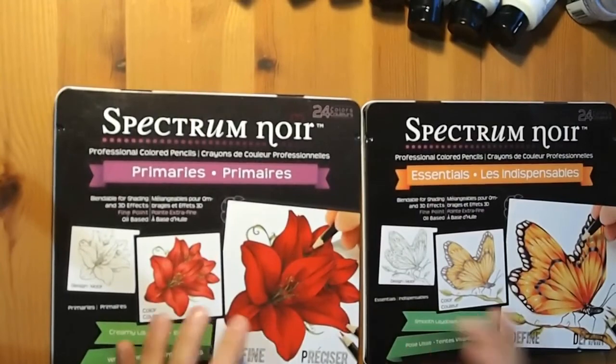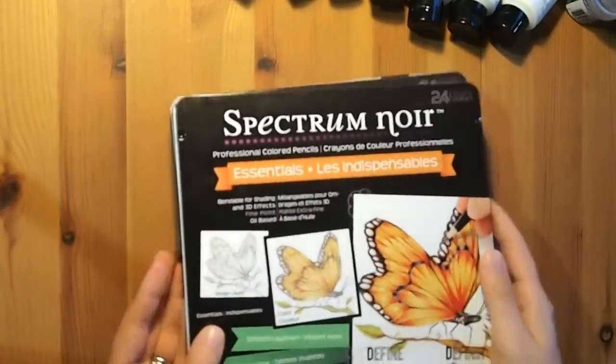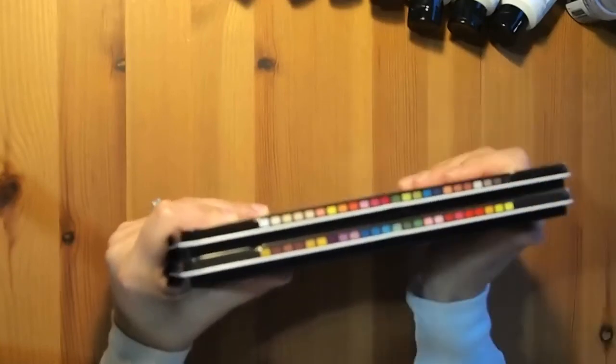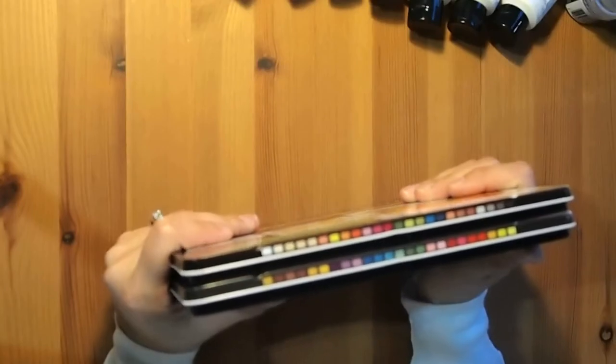So I'm really happy that this product came out, and I like that on the end it has, so I can lay them flat, a picture color chart of everything that's in this tin. So I don't really necessarily have to